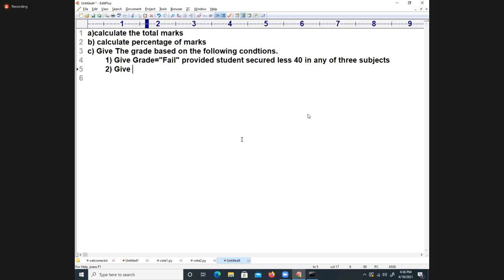Now I am writing give grade is equal to distinction, provided the student whose total marks, now I am considering total marks that time, lies within 250 and 300.